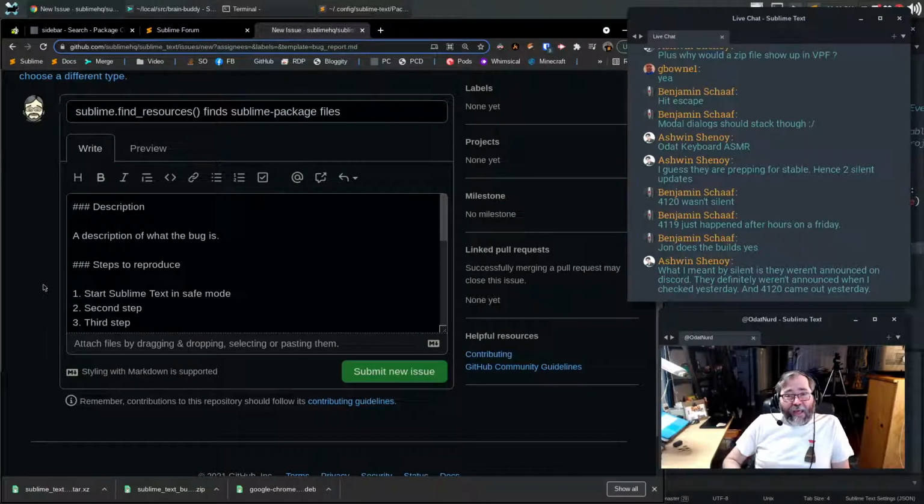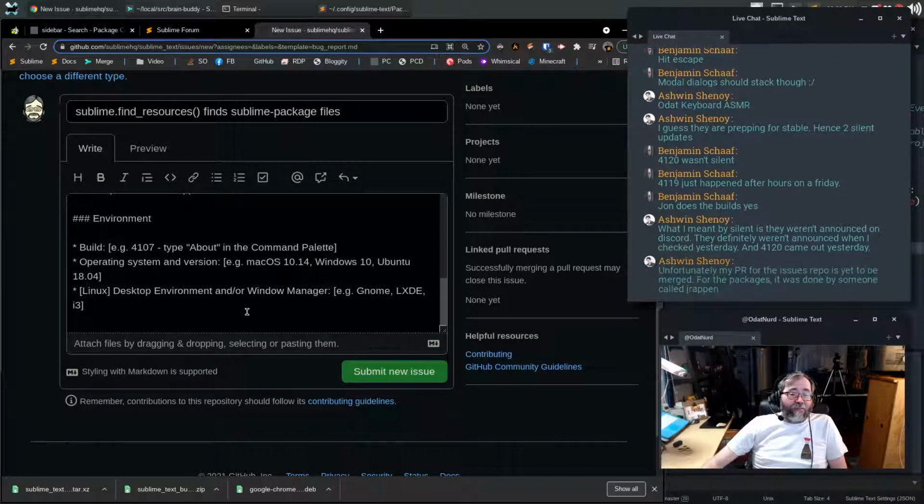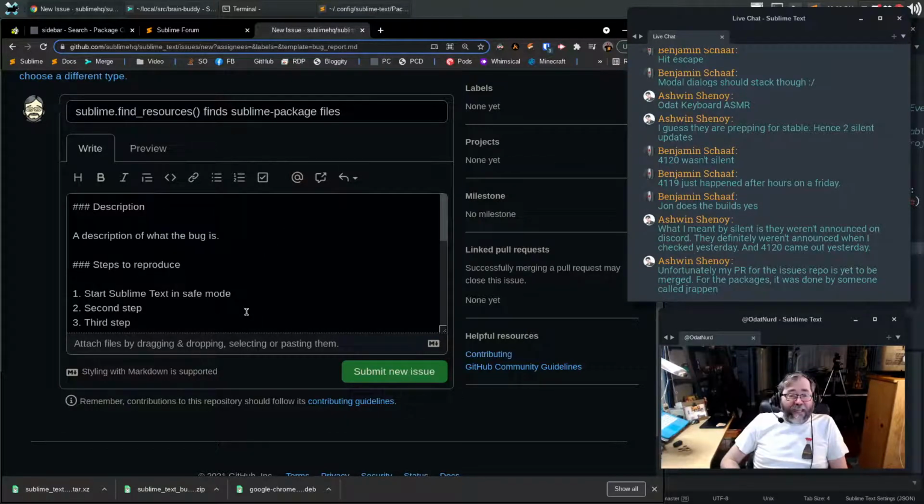And even if you say something like, everything is black. Well, obviously not everything is always black for everybody. If that was the case, you wouldn't be reporting the bug. It would have been fixed. We all would have noticed that we can't see anything. So what sort of situations are you finding this problem in? That's the sort of information that you need to provide in your bug report. So there's a reason why when you do this, there is a template for what you should fill out. The more details you can provide on how to actually cause a thing to happen, the greater the likelihood that something can be fixed, right?